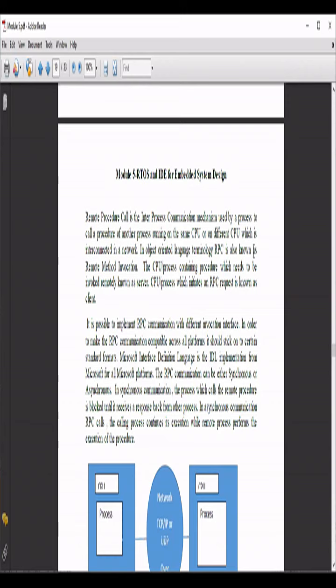In the same system, you are running two processes, and one process wants to call a method or function present in another process. Or if we are connected in a network, you want to call a procedure present on another system or CPU on a different machine. That method is called remote procedure call.